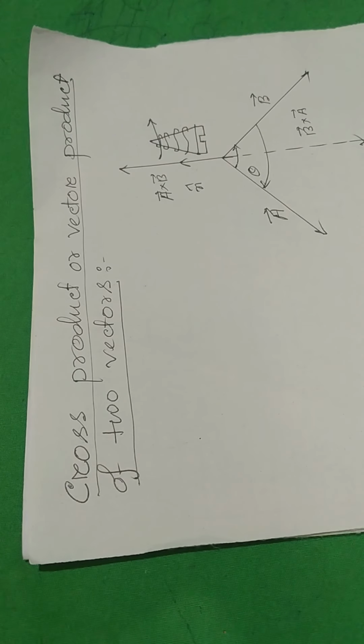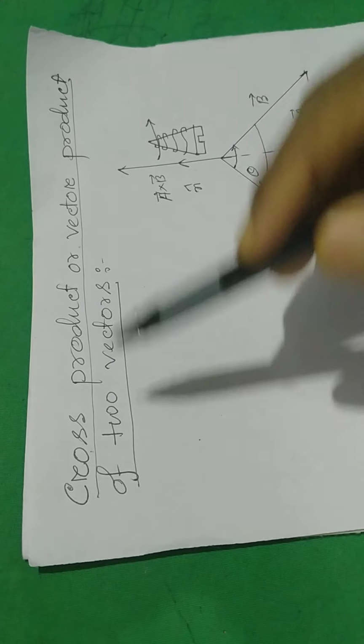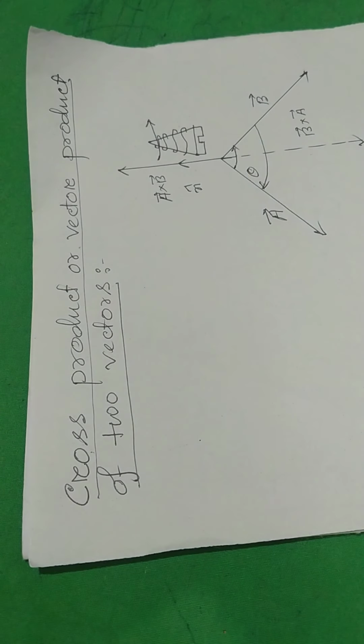Hello student, today I am going to discuss cross product or vector product of two vectors. Cross product of two vectors is defined as a single vector whose magnitude is equal to the product of their individual magnitudes and sine of the smaller